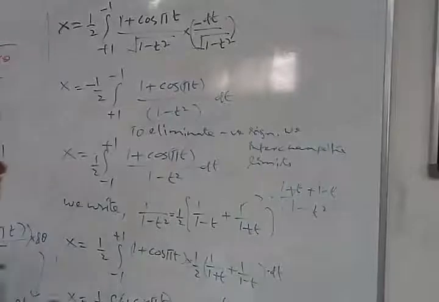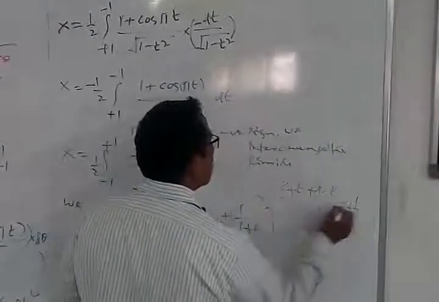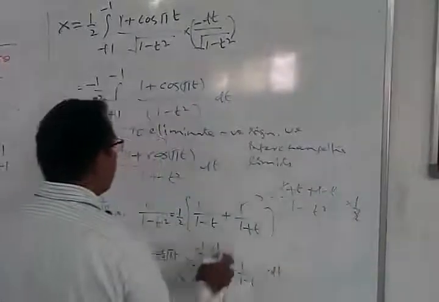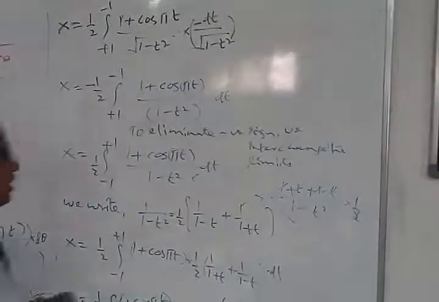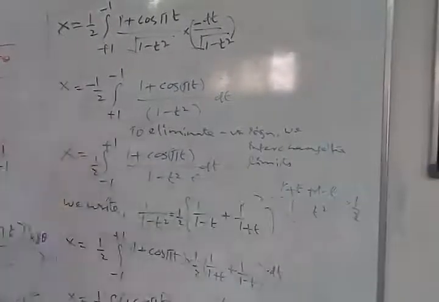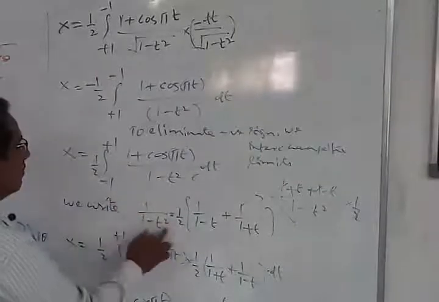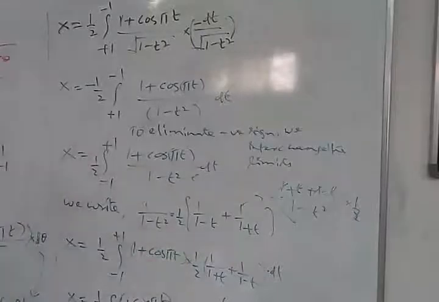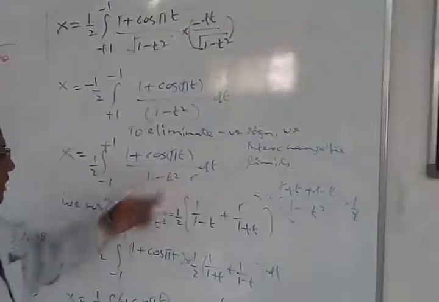When I multiply this by 1 by 2, what will happen now? This 2 and this 2 will get cancelled. This is 1 plus 1, 2. This 2 will get cancelled. I simply go back to the previous equation. So therefore by making this substitution, I can get the expression for 1 by 1 minus t square in this particular fashion. So after this I simply expand this for 1 minus t square.